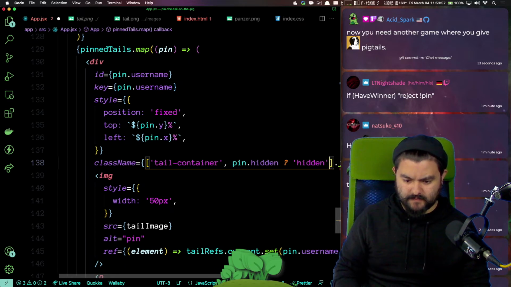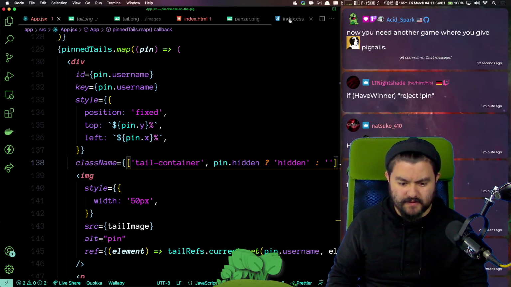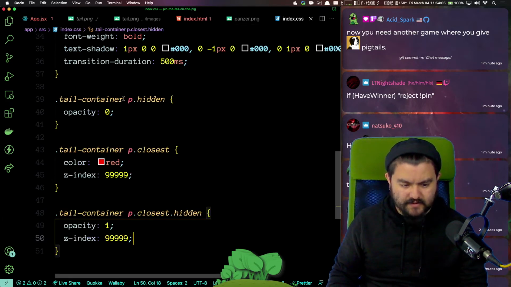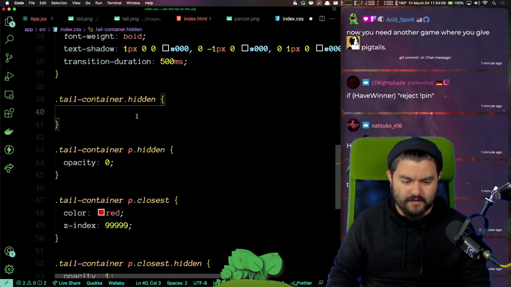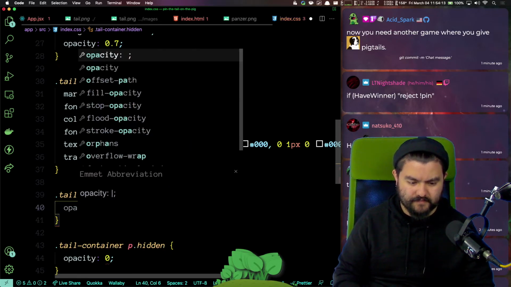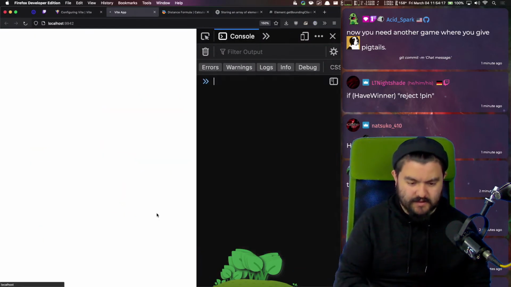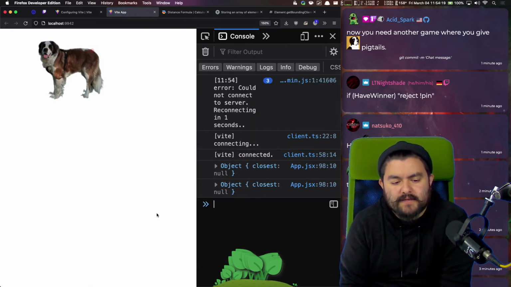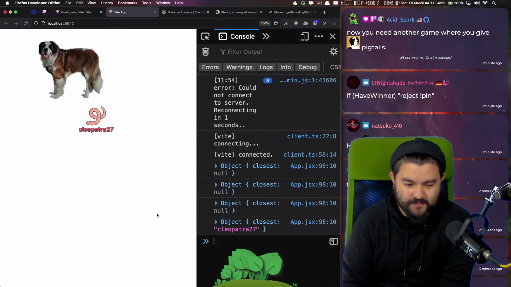Hidden. And so now we can do tail container itself dot hidden. We'll set its opacity to like 0.3. So after 5 seconds, it gets harder to see.